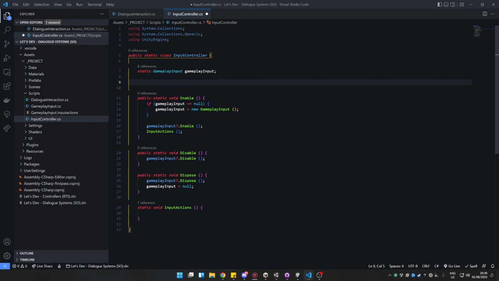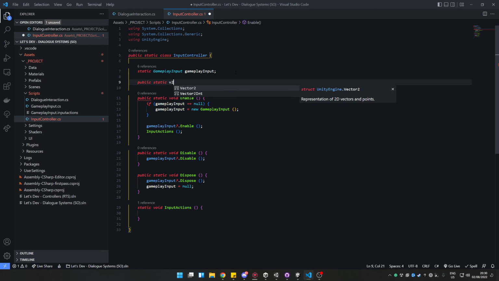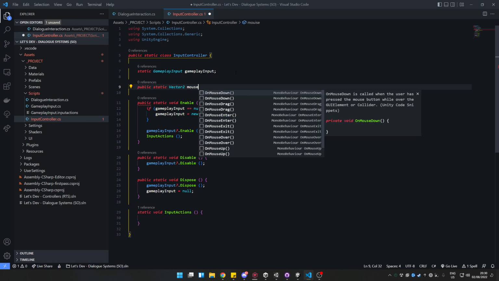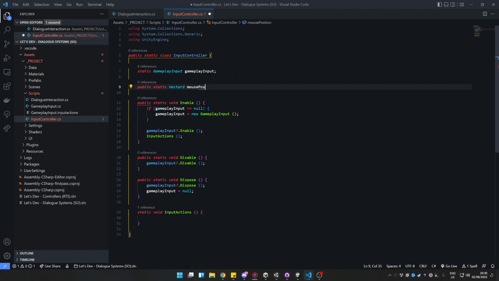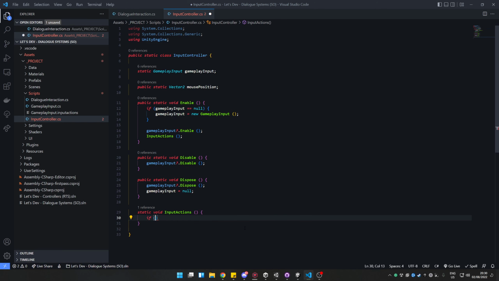So we know that we've got a mouse position, so we're going to do that as a public static Vector2 mouse position. And then in here, first of all, let's just do a check for if gameplay input equals null, then we're just going to return out of this function